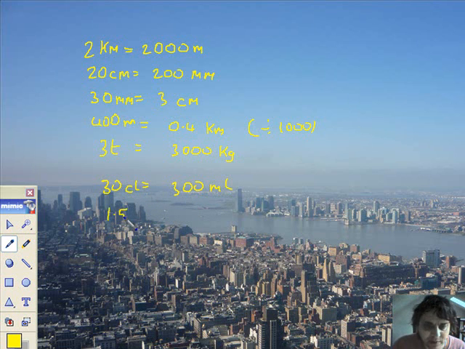Next one, I've got 1.5 kilograms is 1,500 grams. What did I do? I multiplied by 1,000, because there's 1,000 grams in a whole kilogram. Next one,